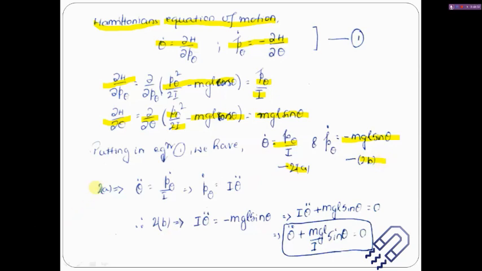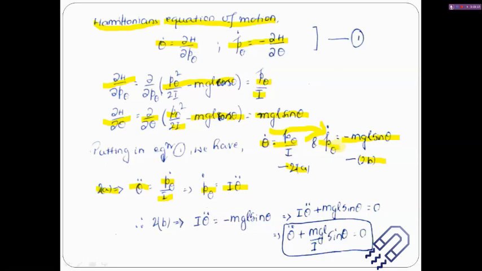So from the first equation, what we have is theta dot. We can differentiate it again and find theta double dot. So theta double dot is equal to p theta dot divided by I, or p theta dot is equal to I theta double dot. Now you might ask why I differentiated it again. For the simple reason that I want to connect these two relations, and I want to remove p theta from it. So I want to remove the momentum factor and write p theta in terms of theta.